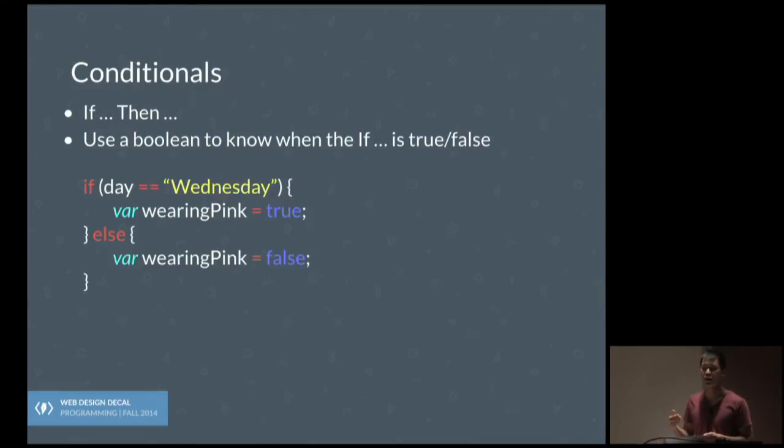So this is kind of what I was just talking about. Booleans, as a review, are those true and false values within programming. And sometimes you want to condition things that happen on the page based on true and false values. So for example, suppose you have a standard web application and you want to distinguish between users who have an account on your application and users who don't. Obviously, users who don't have an account should have a different sort of page that they're greeted with, right? Like, hey, Facebook is awesome. Facebook allows you to connect with all your friends. Sign up for one. Whereas, obviously, if you have an account and you're a frequent user of this application, it should say, like, here's your news feed.